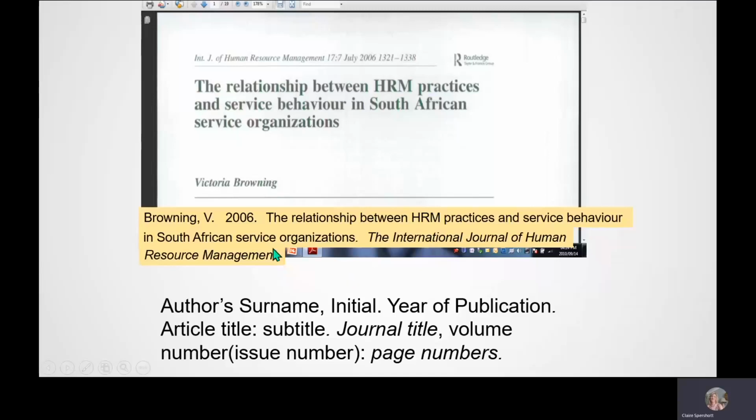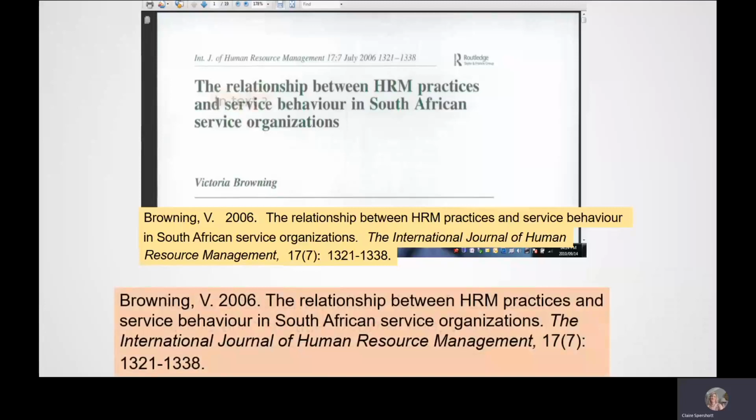Okay, not the small words like of or the, etc., but the rest of it is capitalized and it's in italics. Okay, so after the journal title, importantly note it's a comma, and then it's going to be your volume and issue number. So the first number here is the volume number, and then in brackets, number 7 is your issue number, then the colon, and then your start and end page numbers. Okay, so remember an article might be 20 pages long. You need to note the start page as well as the end page of the entire article. And in text, same again, it's the author's surname, the year, and the page number.